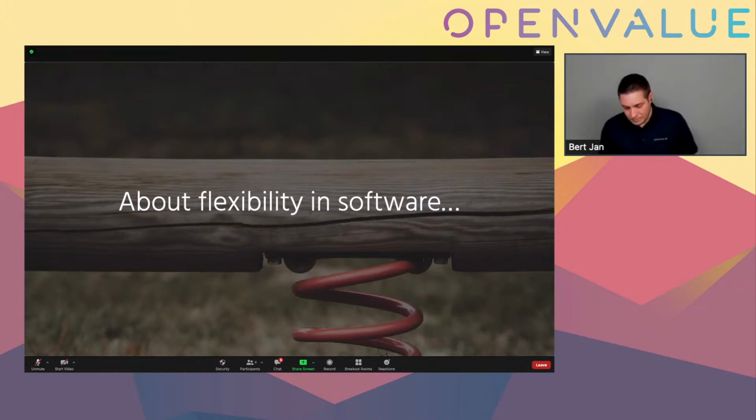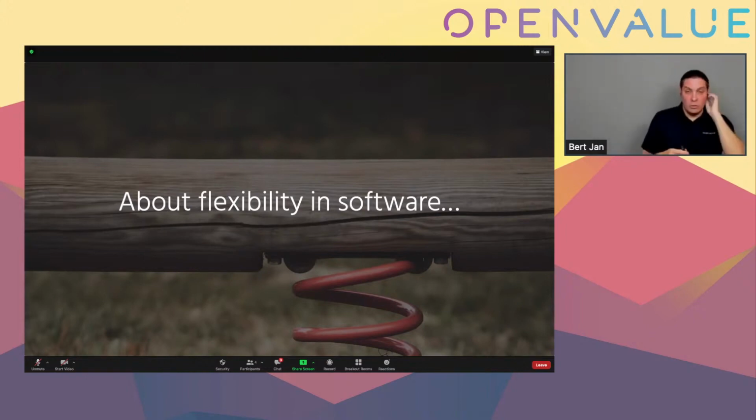So in the end, it was clear that there were only two outcomes. We were either going to throw everything away, or the project was going to fail horribly. So in the end, we managed to convince the client that we needed to start over.